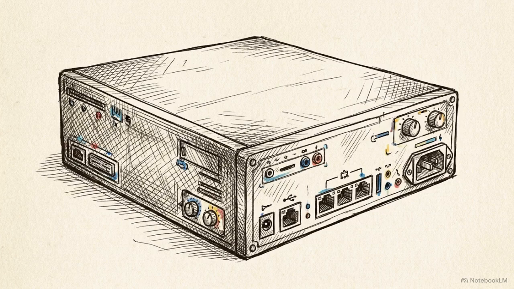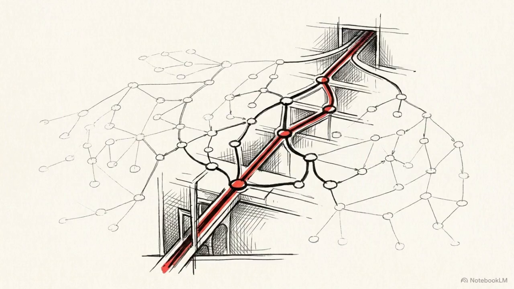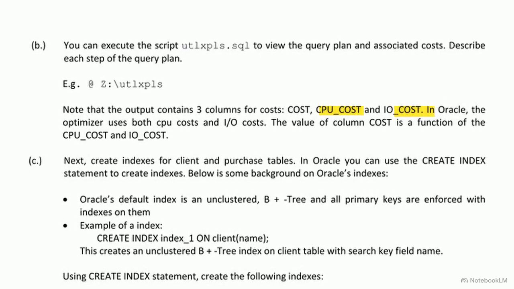physical limitations of disk I/O and CPU processing cycles. To handle these operations, the database management system takes the written query and converts it into a tree of algebraic operators. It then evaluates multiple alternative plans to find the most efficient execution path. This document shows how database administrators verify that efficiency. By executing an explain plan, the system reveals the optimizer's generated query path, showing the precise CPU and I/O cost